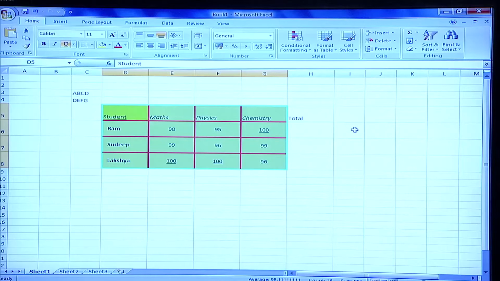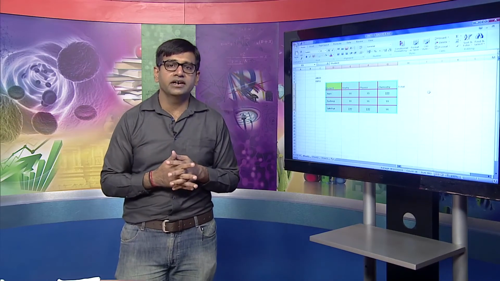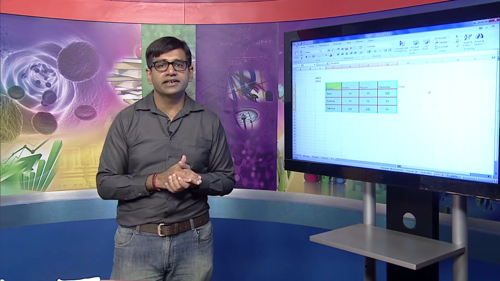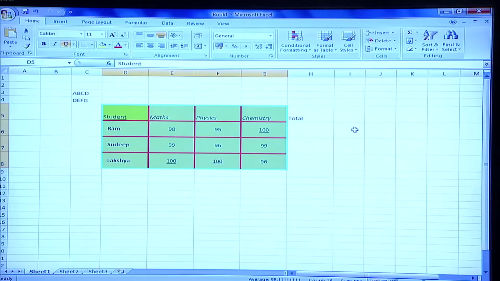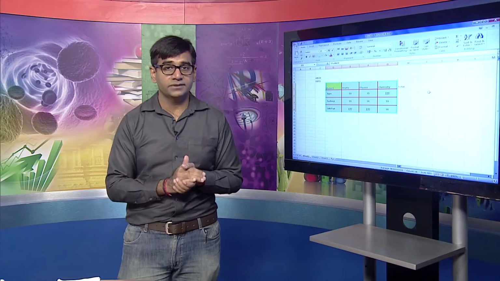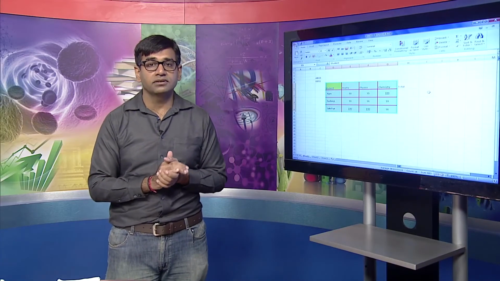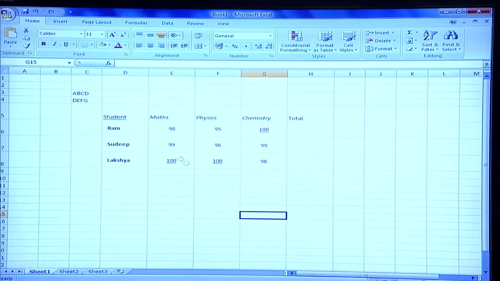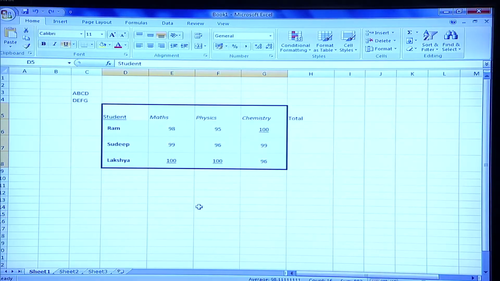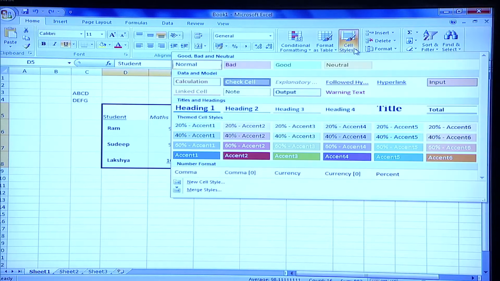It's okay that we just learnt how to do some font changes or use some borders and fillings and create some nice looking tables, but all of this can be very easy, and your worksheet can be much more appealing if you are able to use the styles. So, let me just tell you how to use the Microsoft styles for your formatting. This is the basic table that we had created. So, go to styles, and then you can see there are a lot of options available.